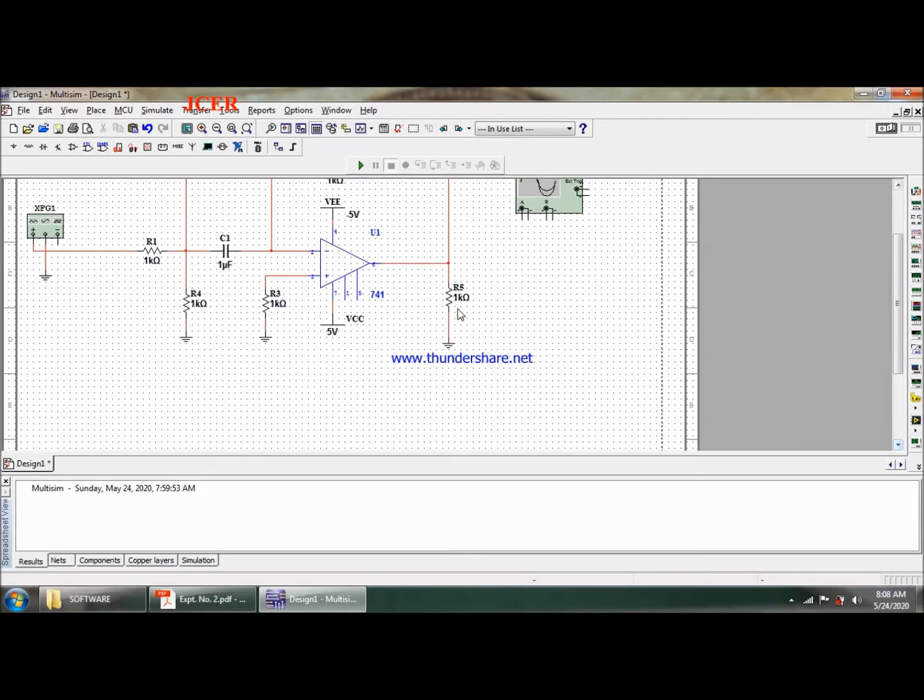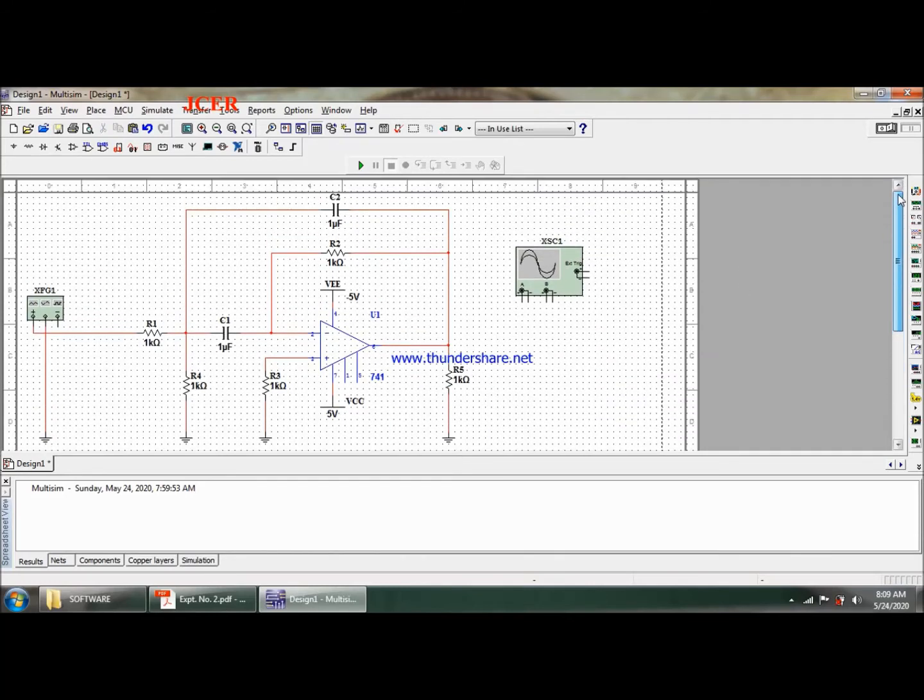To have uniformity, I'll place all the grounds on one plane so that one will not get confused while viewing the circuit. I'm just using the down arrow key, and the appearance of the circuit will be far better.